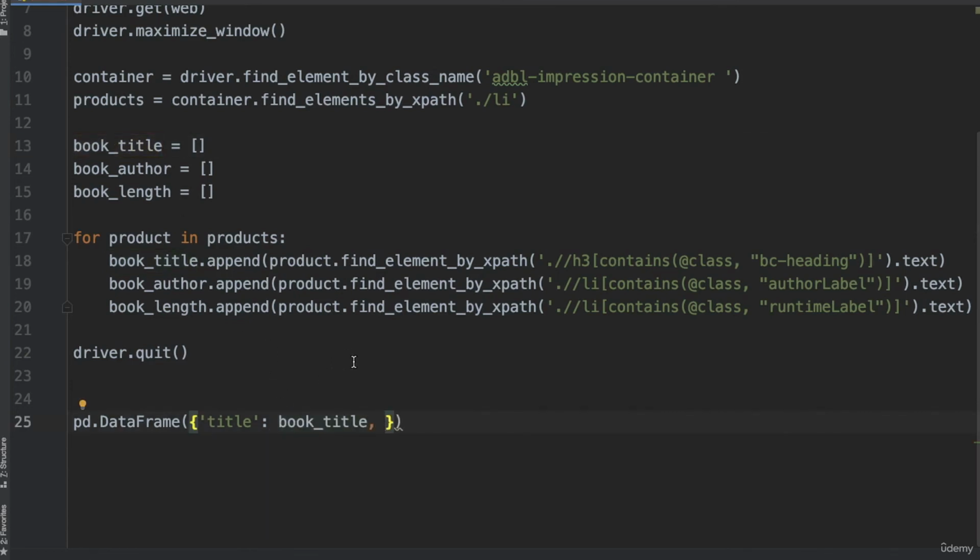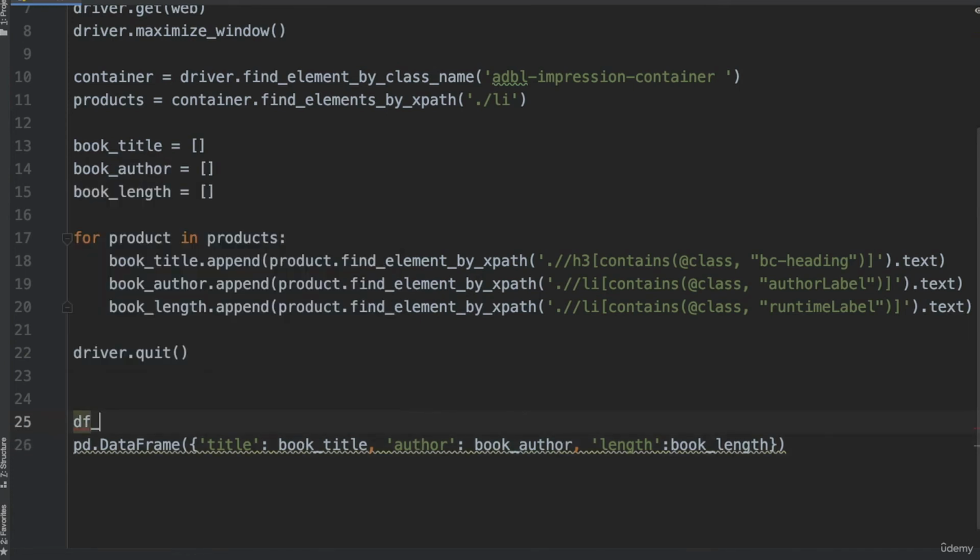Then we have to write the author, so author followed by the book author list, and now the length or runtime, so it's length and the book length list. So this is how you create a dictionary, and this is also how you create a data frame from a dictionary. So now I'm going to create a variable named df_books,